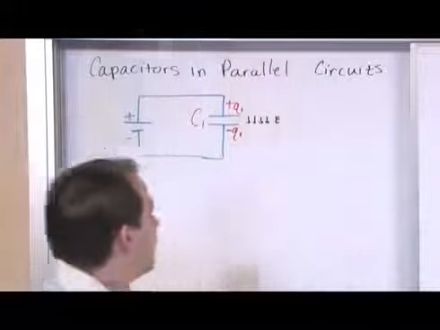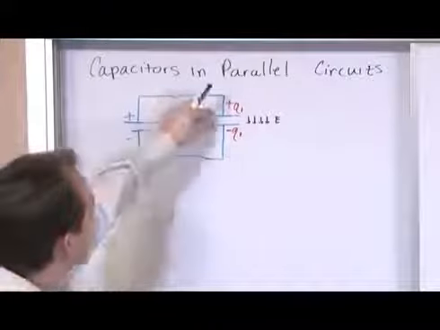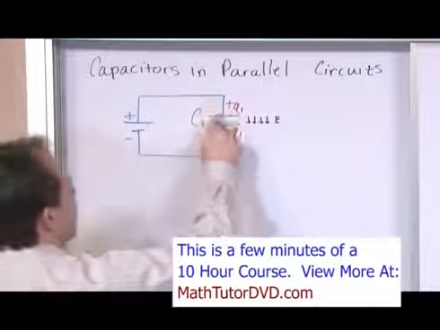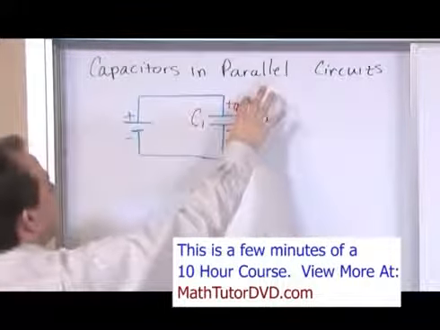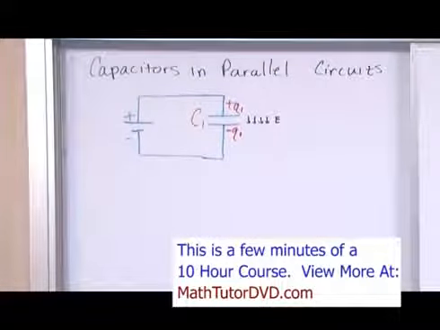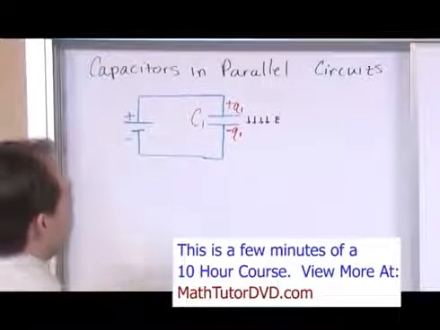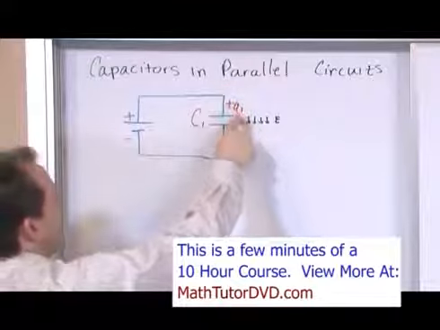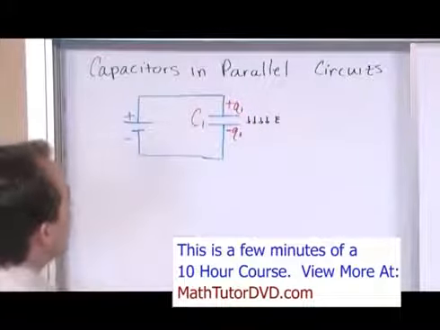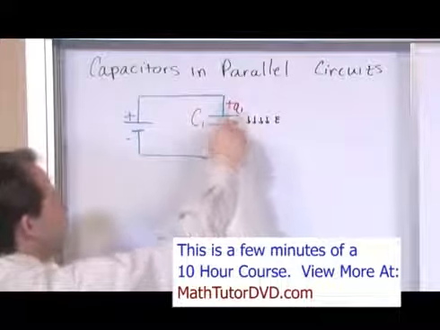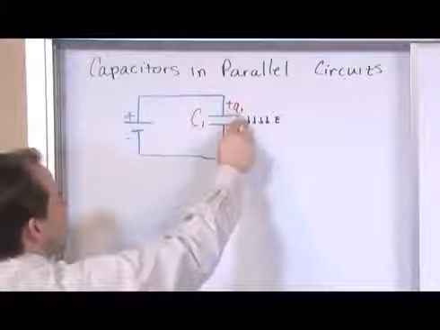So when we make this arrangement, the larger the plates on this capacitor, the higher the capacitance we have, then the more electric field that we have in there, and the more charge that we have built up there. So we have more energy stored in that capacitor. One more thing I'll say, and we'll keep going in a second. When we have this positive charge pile up here and this electric field spring up here,